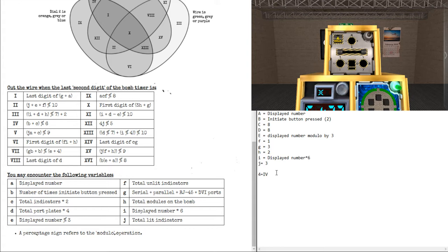IV. J plus A, we'll ignore that. First digit of FIH. FI, nope, we'll ignore that. G, B. So we'll do 3 times 2 plus 2 modulo by